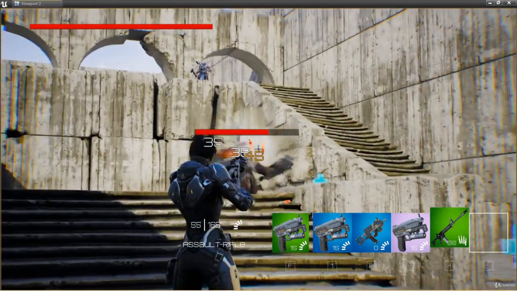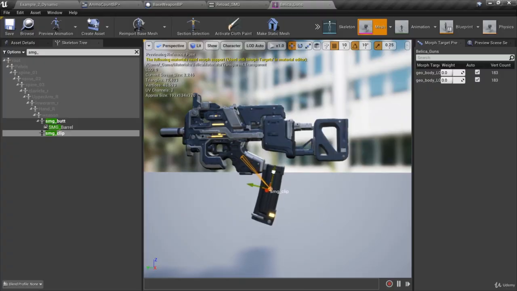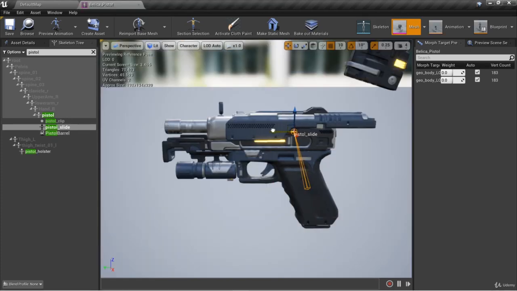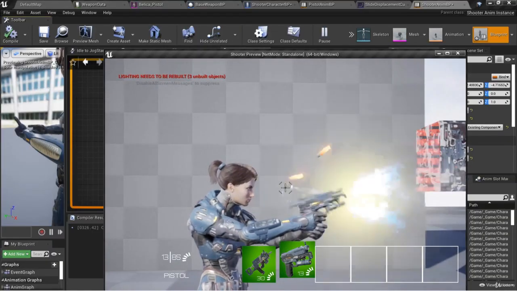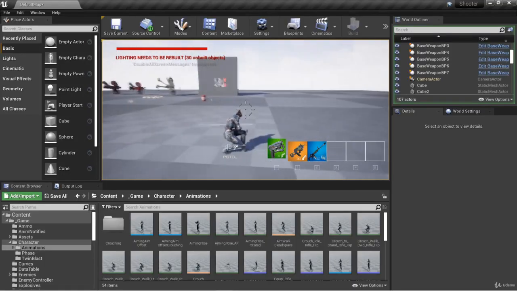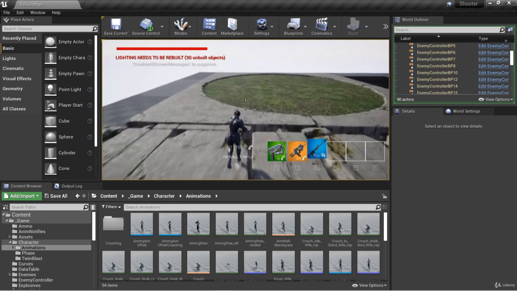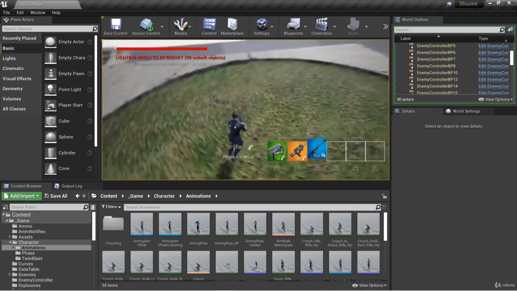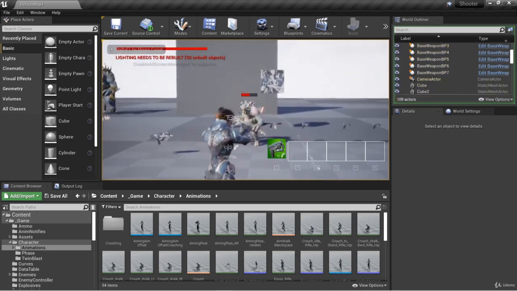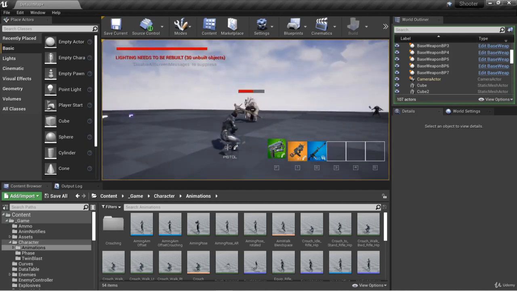We'll learn how to use the different bones on the skeletal mesh of guns to move and remove different parts, such as the gun clip, or moving the slide on a pistol while firing. We'll cover aiming mechanics and zooming in on the camera while aiming. We'll cover dynamic crosshairs, which have spread affected by character speed, jumping, aiming, firing, and will have different crosshairs per